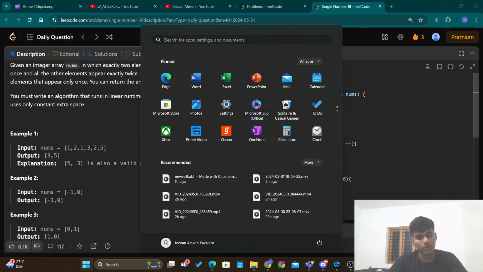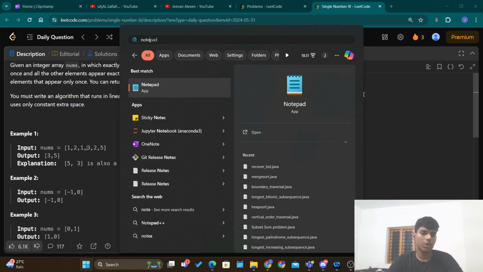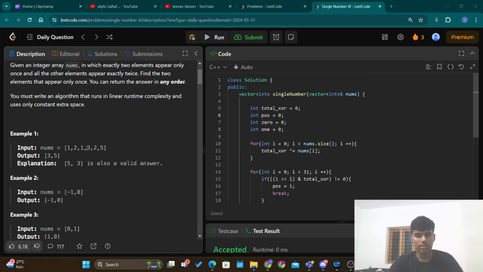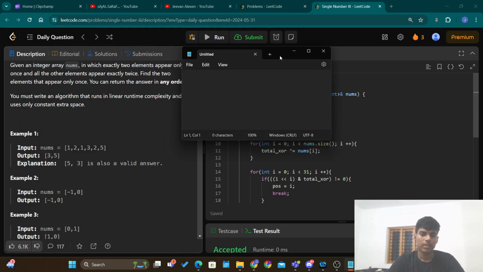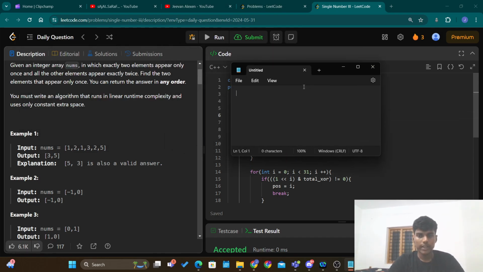So for this problem we are going to be using bit manipulation, or the bitwise operation, or sometimes called binary operations. Some of the properties that you need to know to solve this particular problem, I'll explain those properties. One property is that